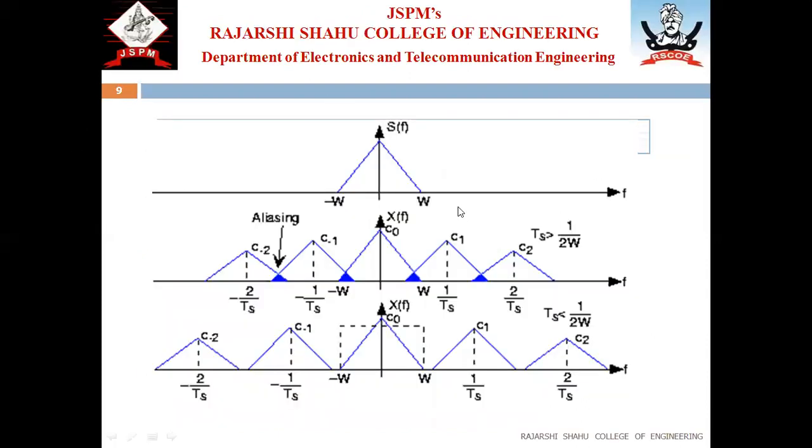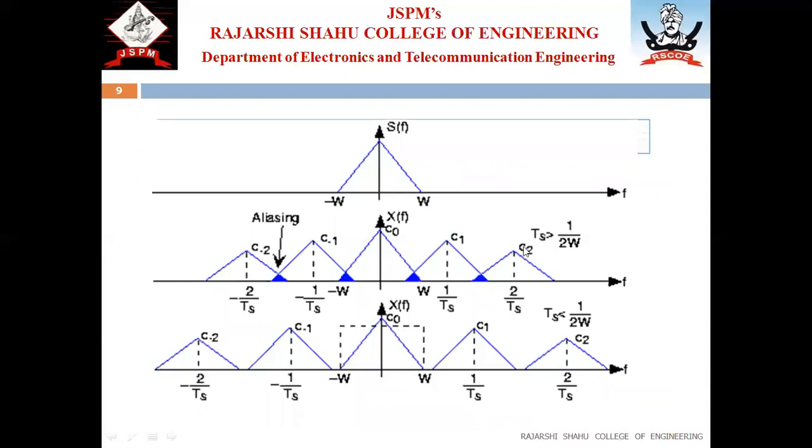In this figure, the first figure indicates the spectrum of the original signal. Second and third figures indicate the spectrum of the sampled signal. In the second figure, we can see that the sampling frequency is less than twice the maximum frequency content. And in the third figure, the sampling frequency is greater than twice the maximum frequency content.